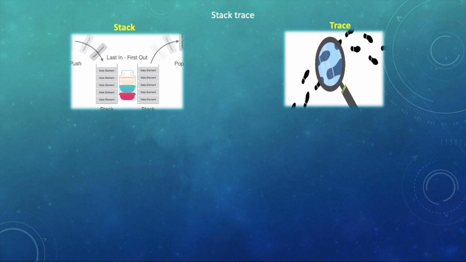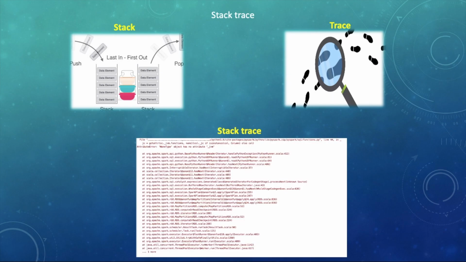In a lunchbox, the last box pushed onto the stack is the first box to be popped out, right? And the second word, trace, means to find the source of something, right? So if we combine both the words, it means tracing back a stack, or we can say the stack of calls that a program has made during its execution, right?